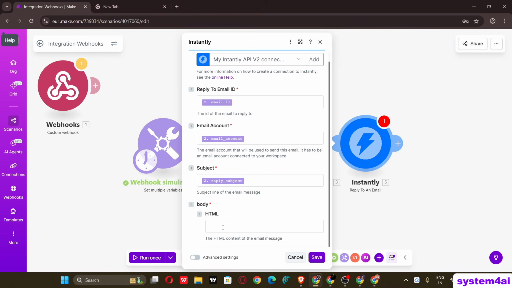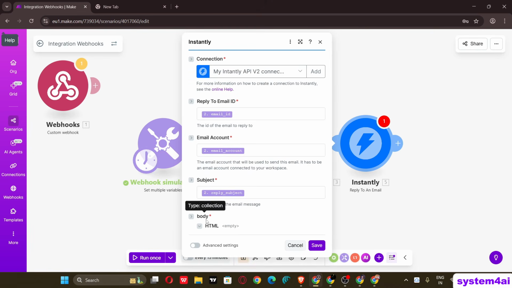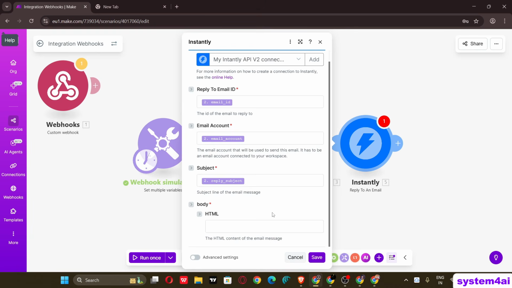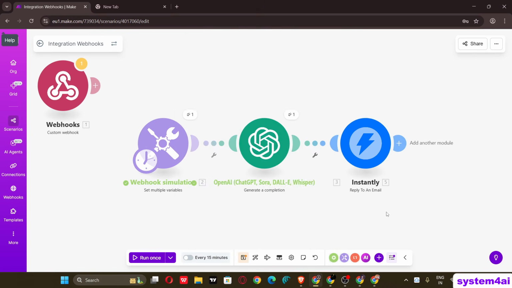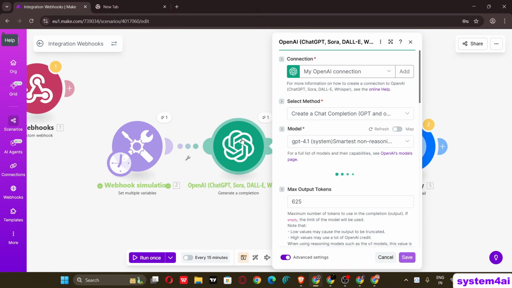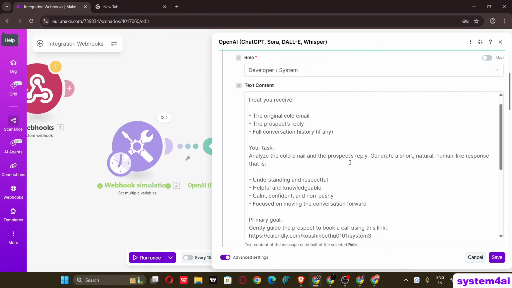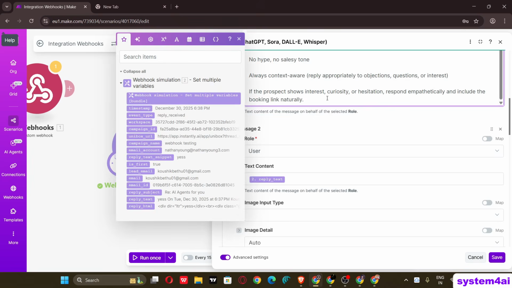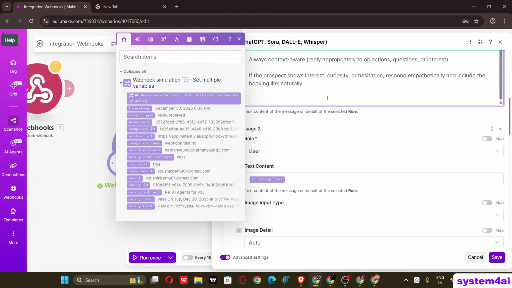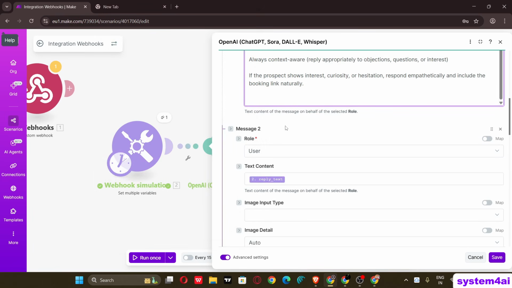Here is where we're going to give our OpenAI result. But hey, it's asking for the HTML body. So our output in OpenAI is not in the form of HTML, right? So let's convert it. Let me click save on this. So what we're going to do is go to the system prompt and give a last line. I'm going to give an additional prompt saying